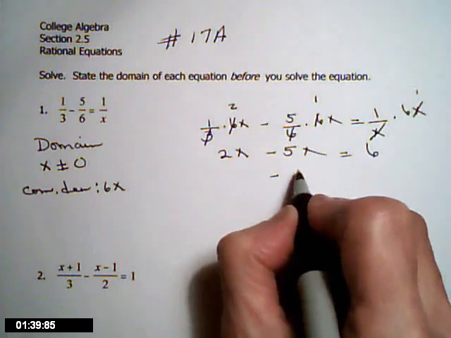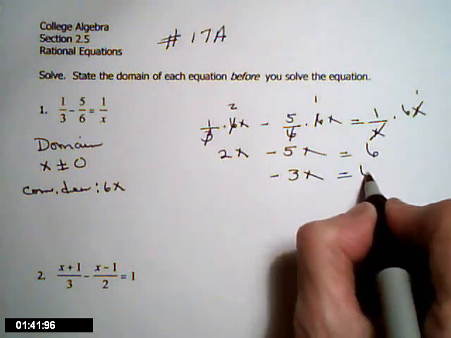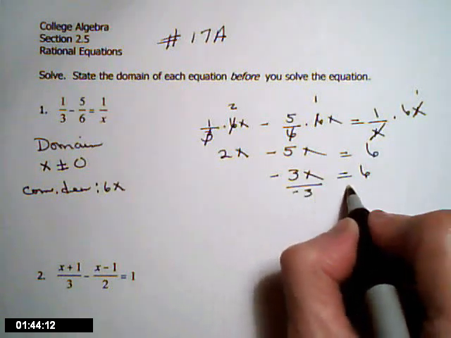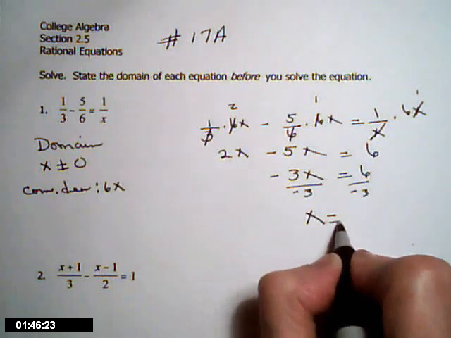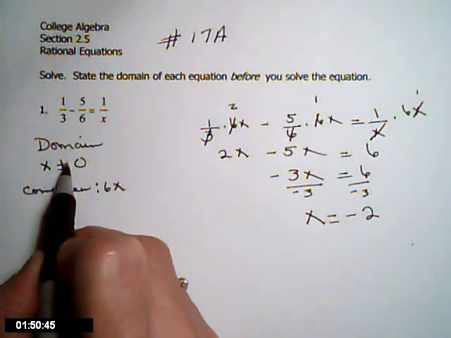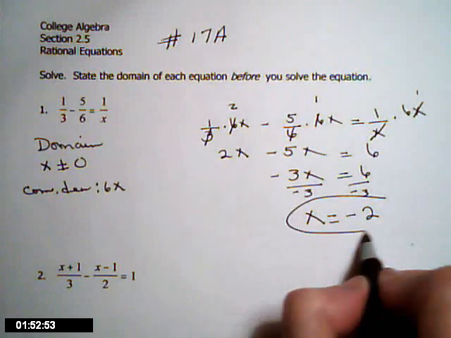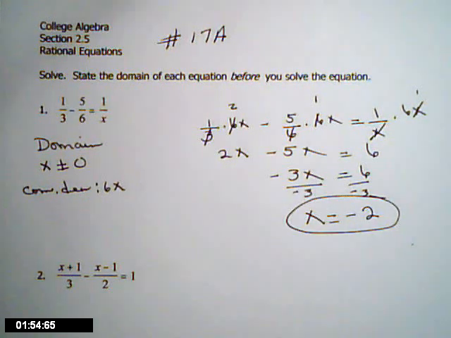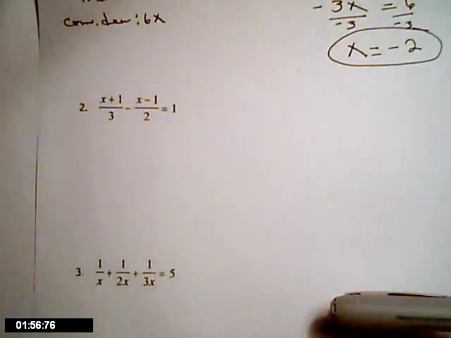Let's combine like terms. I have negative 3x equals 6. If you divide both sides by negative 3, you have x equals negative 2. Now, remember, we found out at first x could not be 0. So this would be my answer, x equals negative 2. Your second problem